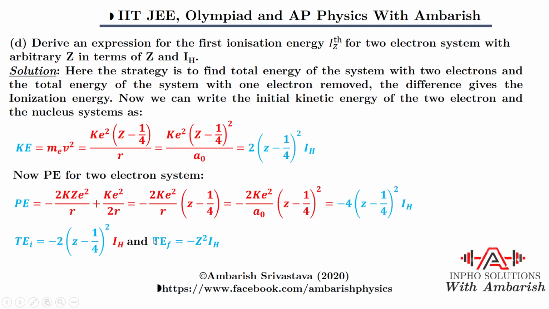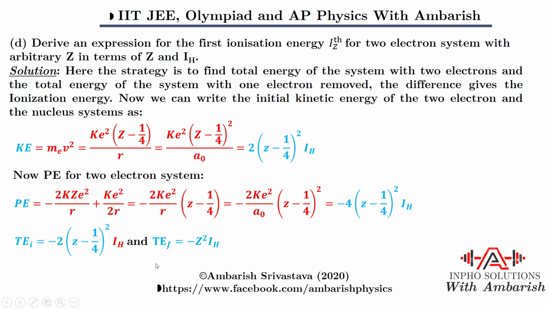You know that in that case the total energy is nothing but minus Z square times the ionization energy of the hydrogen atom, right? For helium Z is 2, so that will be 4. This is the standard result that we have used from our JEE theory, that energy is E naught Z square by n square. So that's what we have put for the first orbit. This is the final total energy after one electron is knocked out, and this is the total energy with both the electrons present.